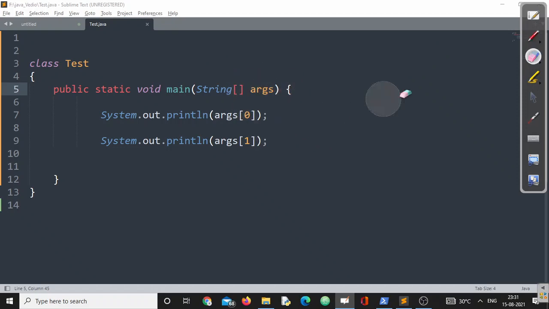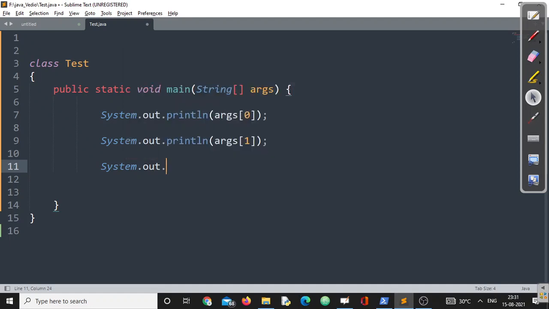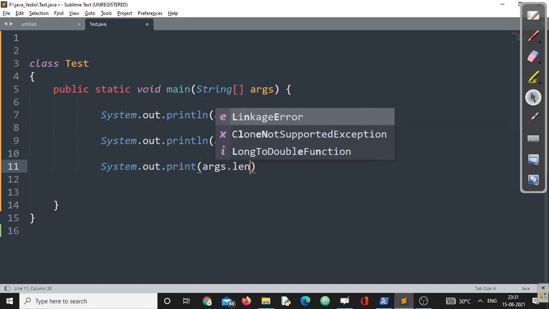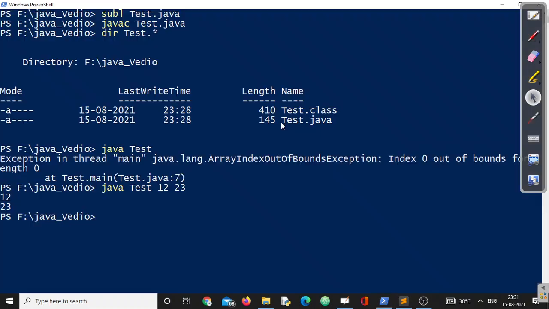Next question: how to know how many arguments have been passed? For that, you have to use one more variable, args.length. See what it will do. args.length is a kind of variable which will give me the total number of arguments passed at the command prompt.